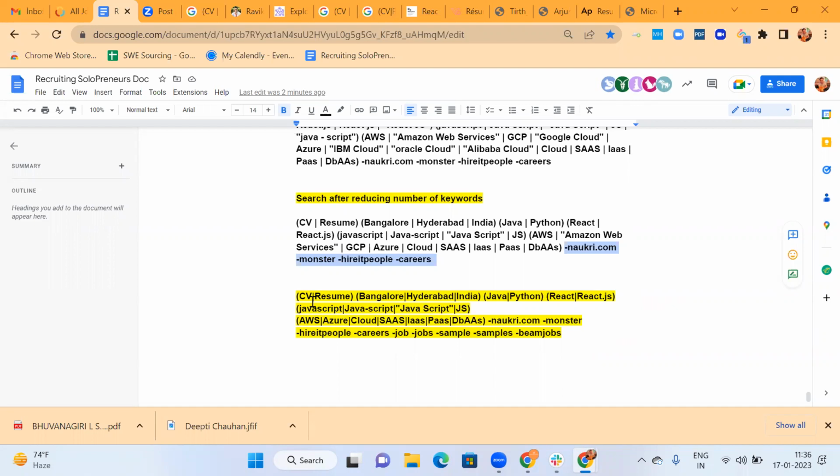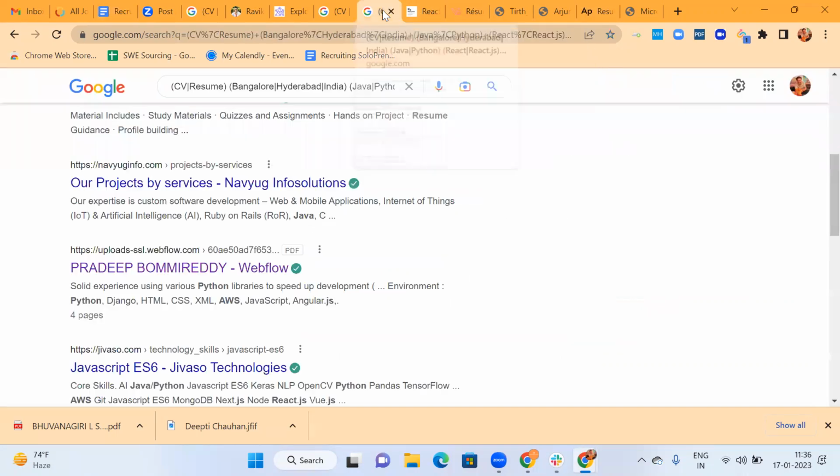As I mentioned in our previous sessions, that will let you know when to remove the spaces before and after OR. This is one of the use cases where our search strings are becoming lengthy. That's where we started removing the spaces before and after OR, and then again we reran the search.